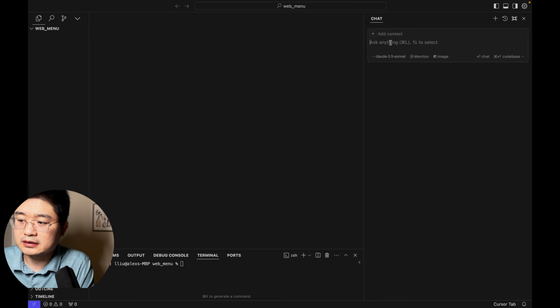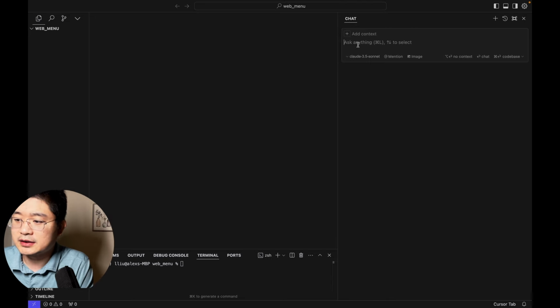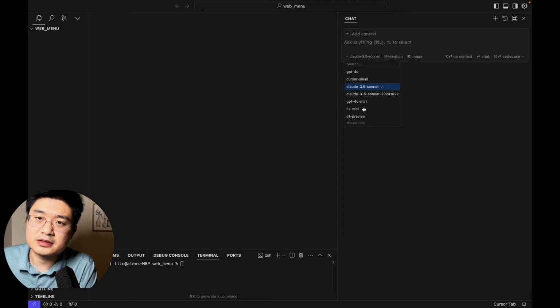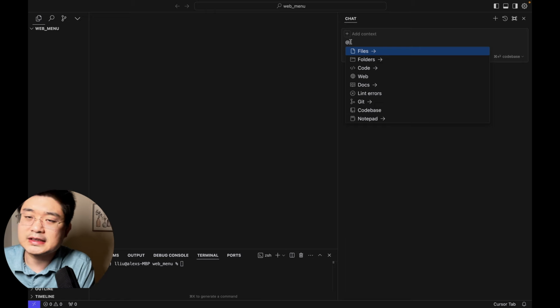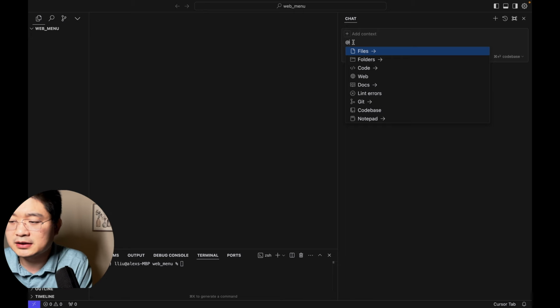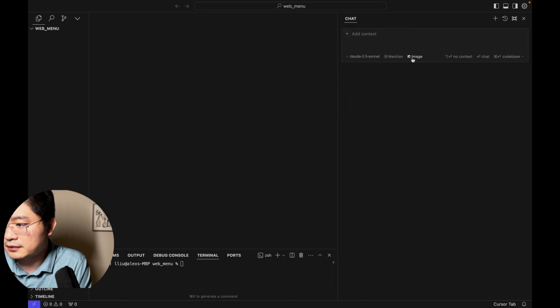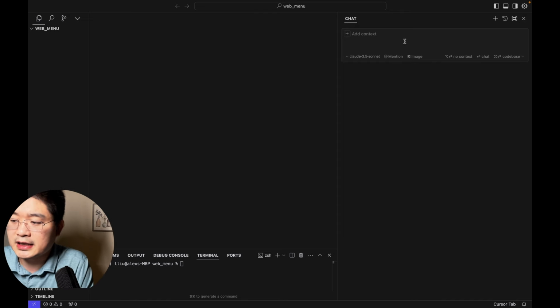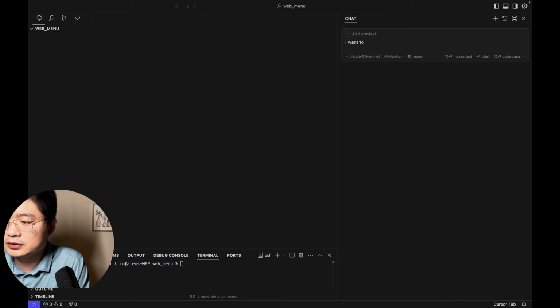And we can get our first chat over this block using AI. As you can see, you can ask anything and you can select different AI models. You can use this @ symbol for the AI to reference different documents, websites, etc., which is very helpful. And here you can also drop some images. I'll show that later, but for now, to get started, I will just ask the AI that I want to